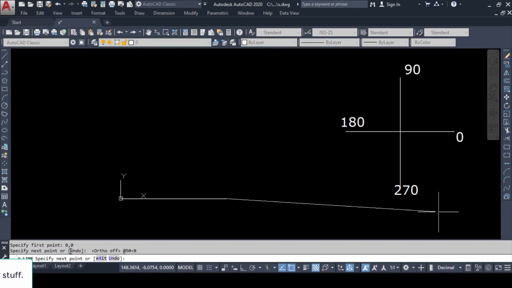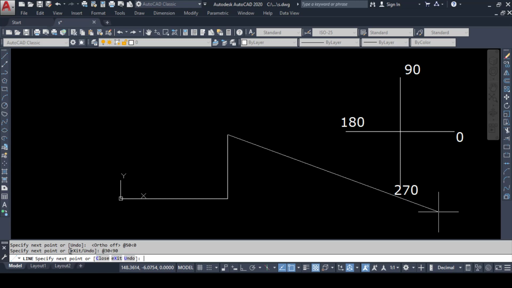Now for the next coordinate, that is P3 coordinate, it will be shift at the rate 30 less than. I am going in the positive y direction. Do remember, do see the angle on the right side, it is 90 degrees, so it will be 90. Again it will be shift at the rate. I am going towards the negative x direction. Here the angle is 180 degree. Do remember the value of the numeric, that is 50 less than 180 degree.